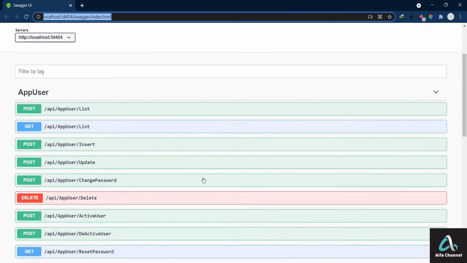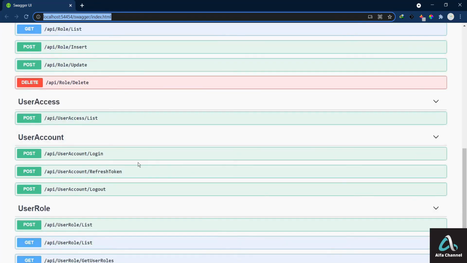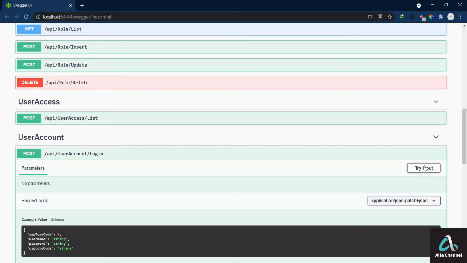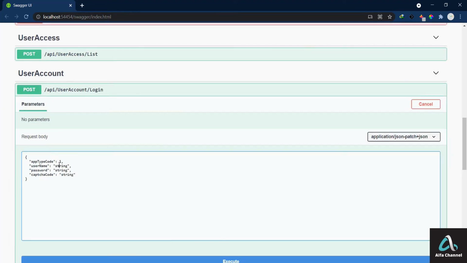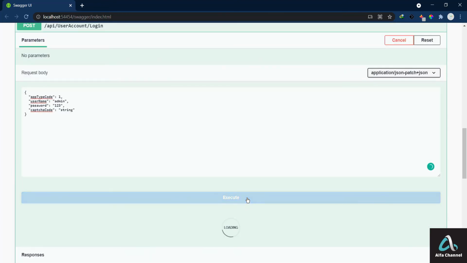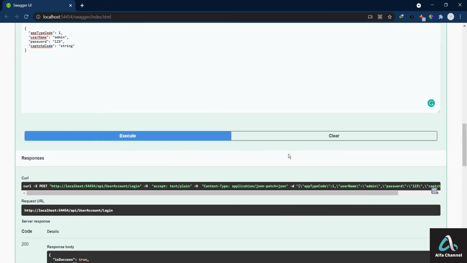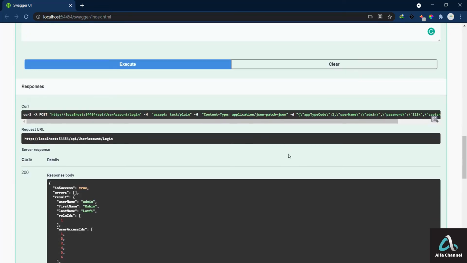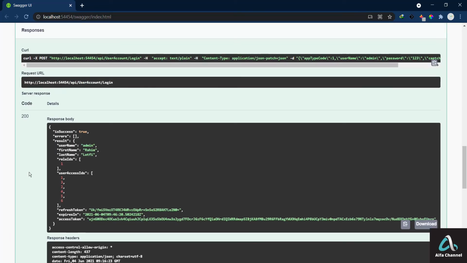Okay, first thing first, let me log in. In user account we have login. Well, the default username was admin, and the default password is 123. The first request is almost slow because all of the mappings are being created. Perfect. And you will see the response,